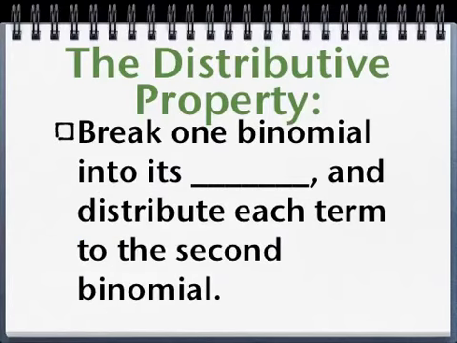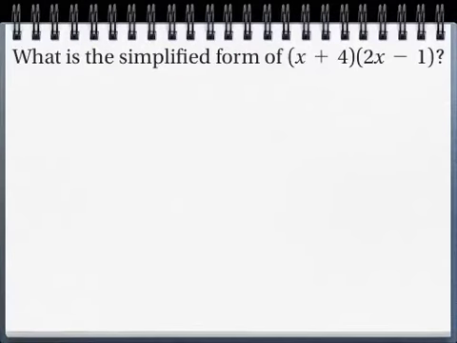To use the distributive property, you're going to break one of the binomials into its terms, and you're going to distribute each of those terms to the second binomial. So when you break the binomial into its terms, you're going to be left with 2 different terms, and then you're going to take each one of those and distribute it into the other binomial that you didn't break apart. An example of this, if you look at x plus 4,